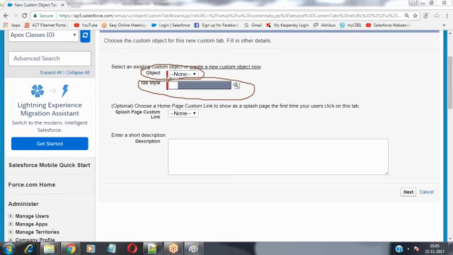Now, when you click on this object, the pick list, it is populating only those objects which do not have tabs. Previously we have created two objects, customer and position. But the customer object name is not populated because it already has a tab. So an object can have only one tab, not multiple. Here it is populating only the object name position, for which we would like to create the tab. So select that object name and select the tab style. Now click on this lookup icon.